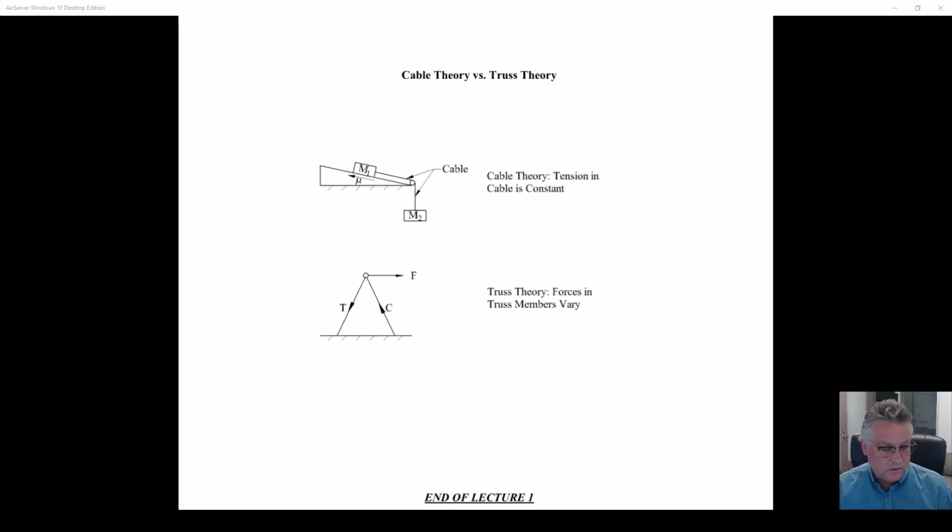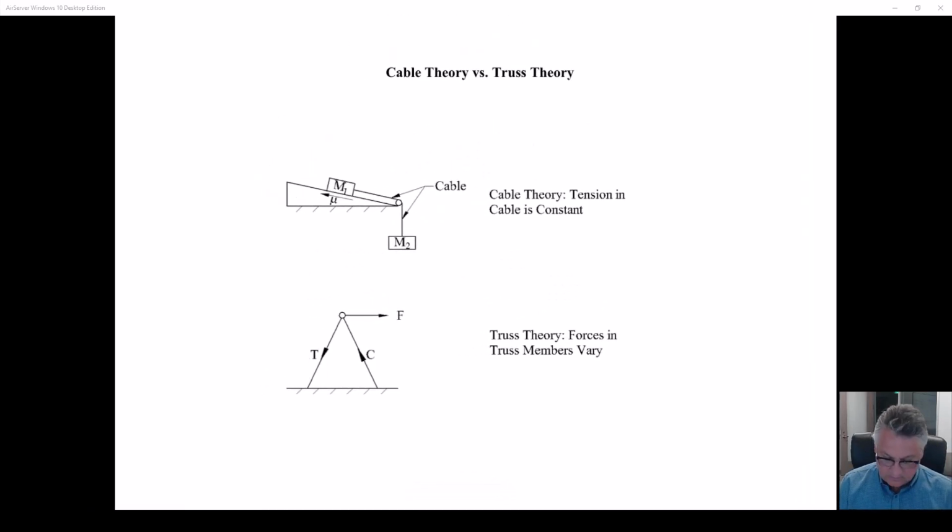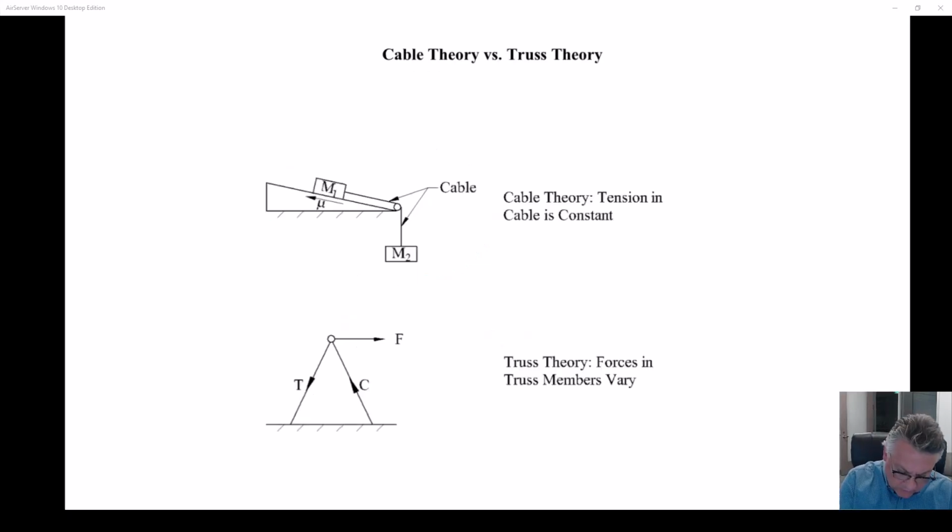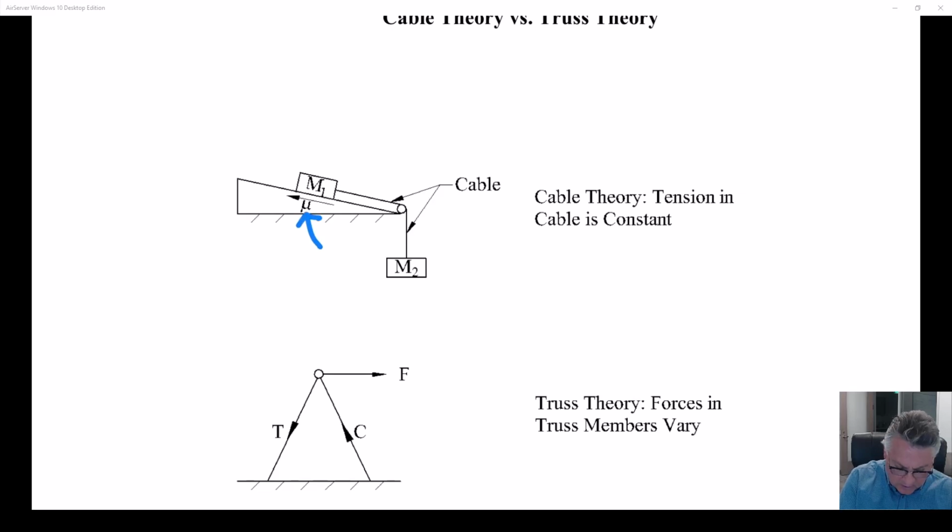Final thing to get through this, I think I ran a little bit over, but this comes up each year. Remember in your physics class, you had a problem like this, and I had to sit there with my daughter and go through her physics class and solve this too. This problem involved some type of friction. You had a mass here, you had another mass here, and the question was, at what mass level does this mass start to move? We're not going to do that problem, but the way you solved it was to understand that the force in this cable was the same as the force in this cable. Didn't matter that it took a turn.